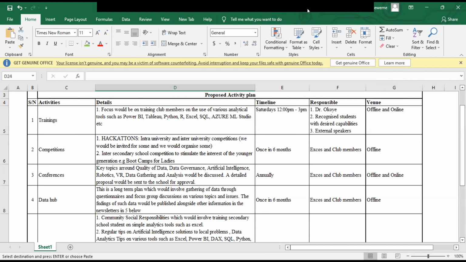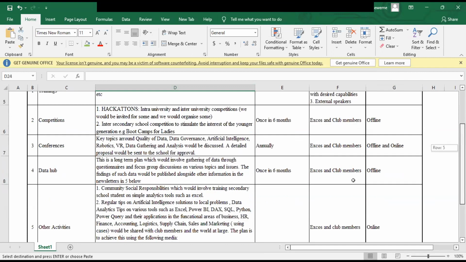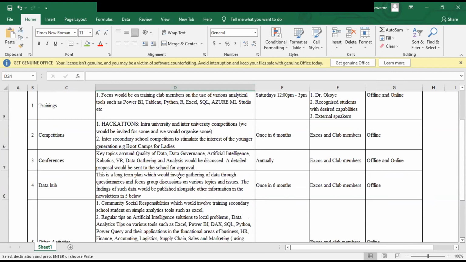Okay. So yeah, there are other options that we could do for the year, not just the hackathon, like we could organize the conference. Dr. Francis was even telling me about something like a data hub. You know how in Nigeria they will tell you that the country does not have data.